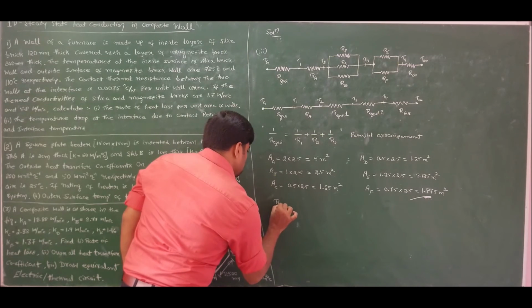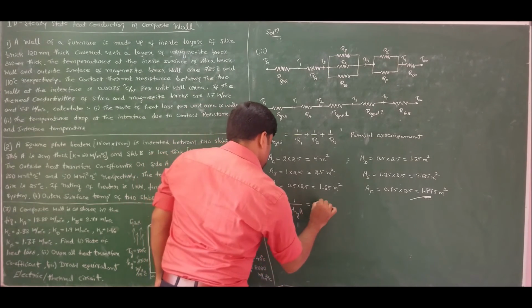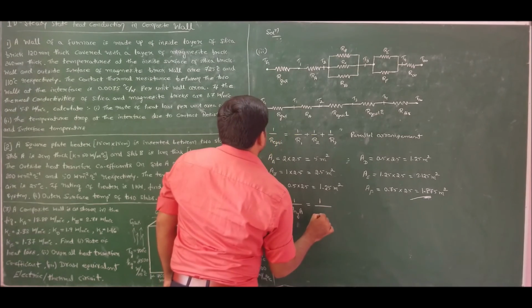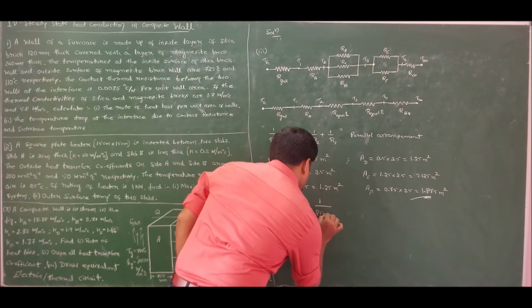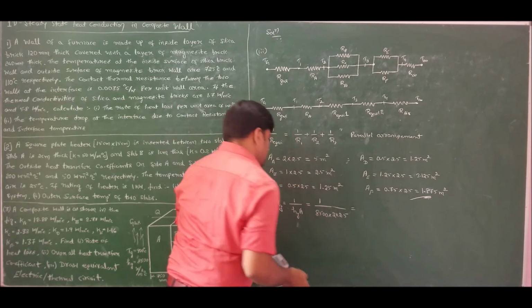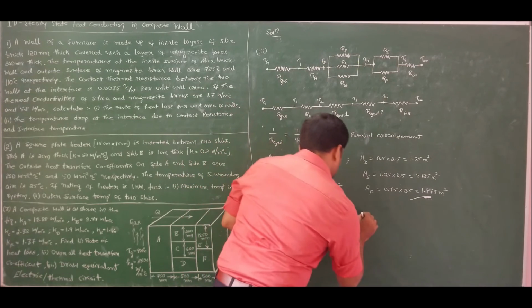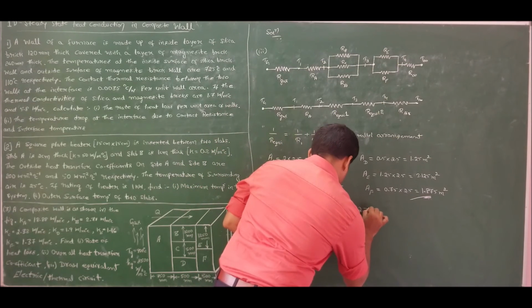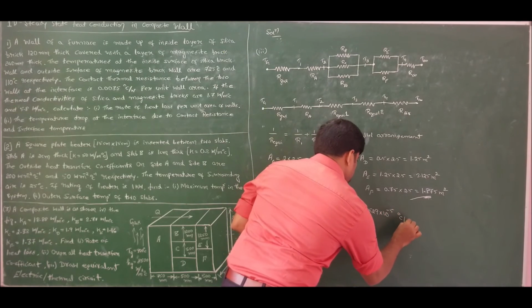Let us find resistance R gas first. R gas is because of convection. It is Hg times the total area. So 1 divided by Hg, which is known to us, which is 8500, into area, which is 2 meter cross 2.5 meters. That is 1 by 8500 into 2 into 2.5, which is 2.3529 into 10 to the power of minus 5 degrees Celsius per watt.